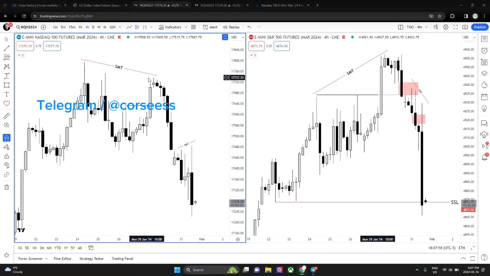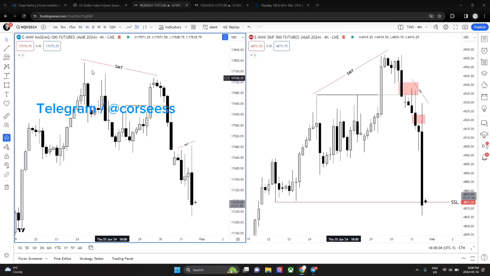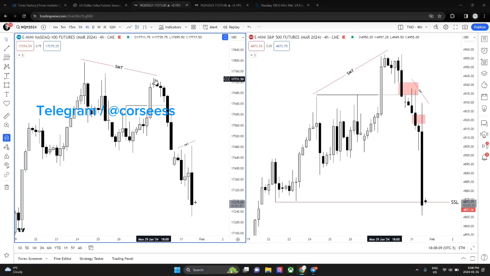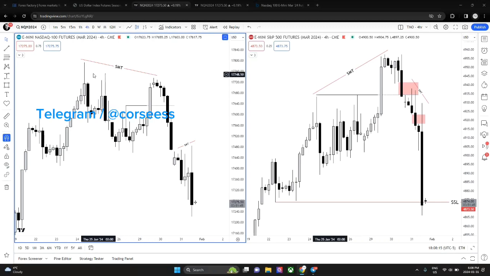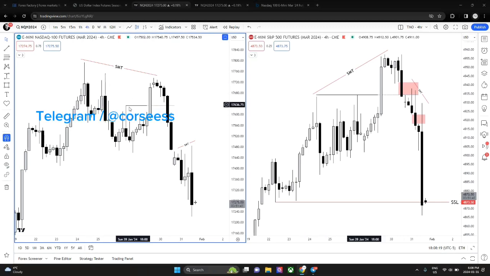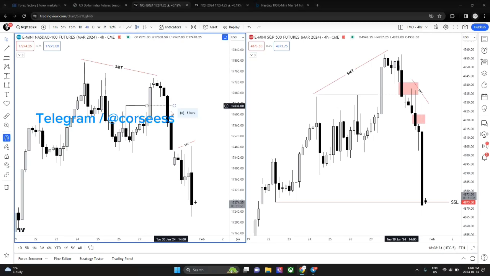right? And the reason why SMT doesn't work for some of you is because you're just randomly using it. You have to be paying attention to time. That's the most important thing, right? Time is very important. There's nothing more important than that. So we had price take out this high, which I talked about, and not going to this high, right? And then breaking down,